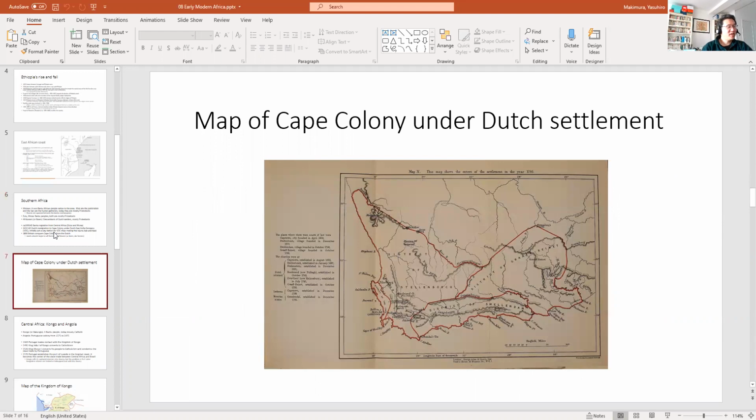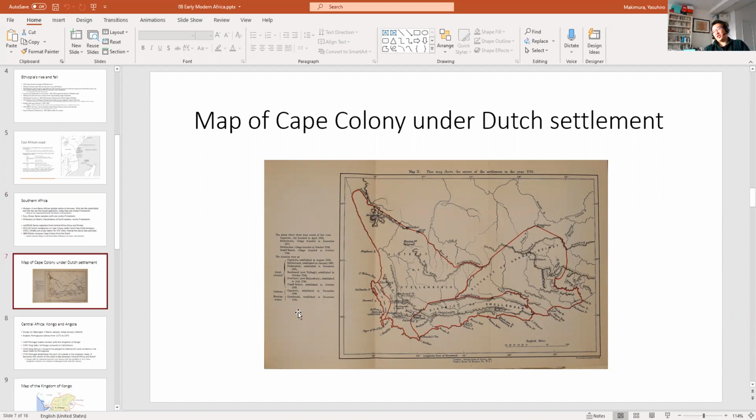So this is a map of Cape Colony under Dutch settlement, and you can see that it just expands really quickly. So that before the British come and take it over, this is on the eve of the French Revolution. The Cape Colony under Dutch settlement is actually quite large, and a lot of it is basically now farmland because the goal is to feed and make the sailors who land at Cape of Good Hope healthy. By the eve of the French Revolution, they know that the cause for the disease was the lack of vitamin C. So by this point in time, a lot of the conditions have improved.